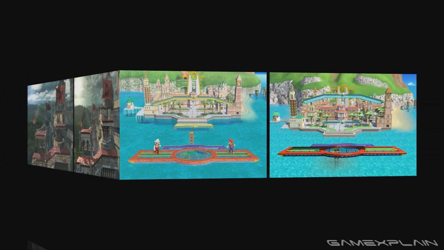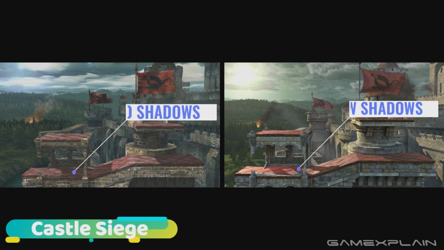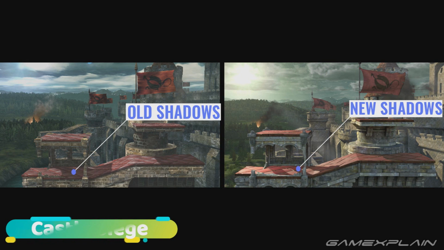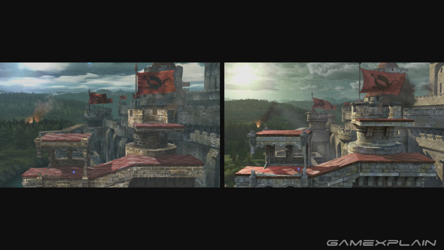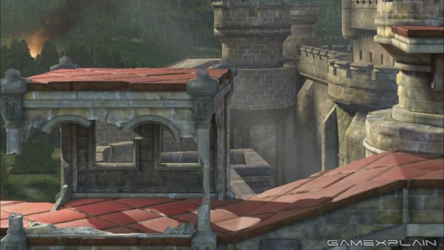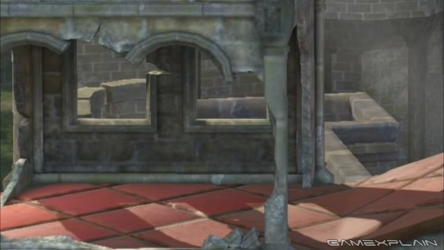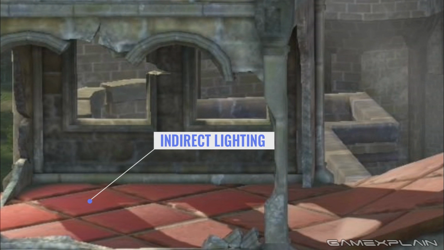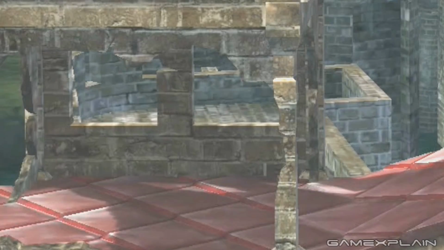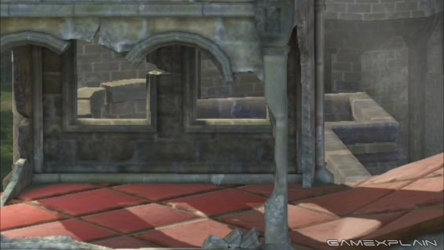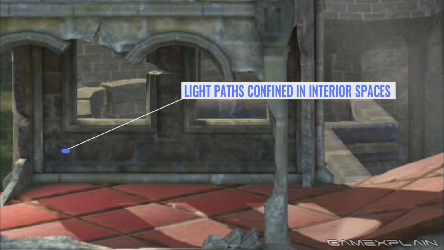Moving on. So for Castle Siege, it looks like the directional shadows have shifted a bit in the Ultimate version, but that's probably due to a change in the time of day more than anything else. What's interesting here is that we can see increased illumination in the parts of the shadows that are closest to the most interior points of the structure, while the parts of the shadows that lie outside of the structure have overall less illumination. This is actually a really good example of how, in the real world, the prominence of indirect lighting in an environment depends a lot on how closed off or open the surrounding area of a shaded surface